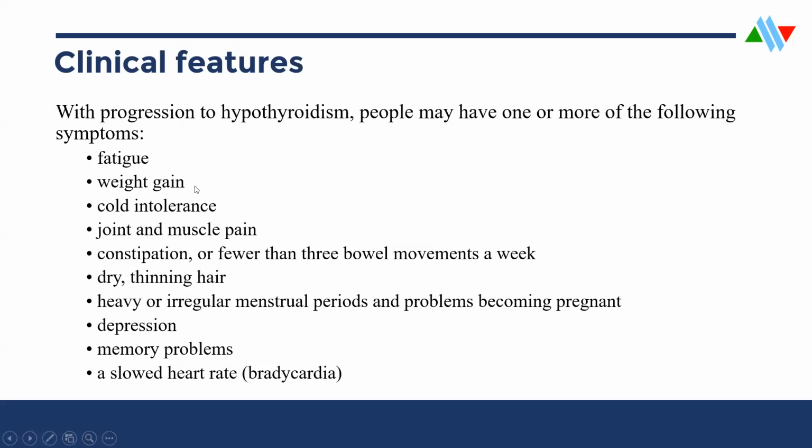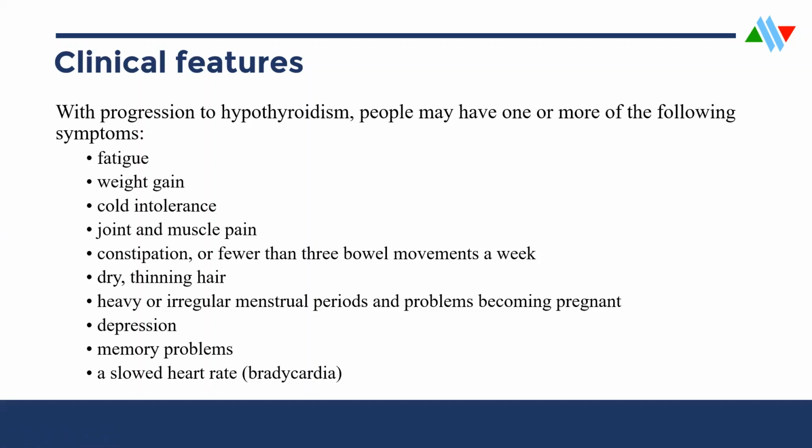We expect some weight gain because the rate of anabolism is lower than the rate of catabolism. So basically, we end up having less breakdown of nutrients and glucose, but glucose is being taken up in the normal proportions, but less breakdown. So that's why we are saying the level of anabolism is higher than the level of catabolism. So then cold intolerance, remember we're not generating heat or warmth from metabolism, because the hypothyroidism leads to less